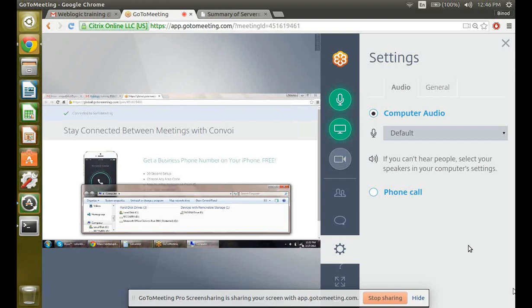Saturday, Sunday will be off. So you work as a Weblogic admin? Yeah, actually, there are multiple things I work on. WebSphere, Weblogic, and